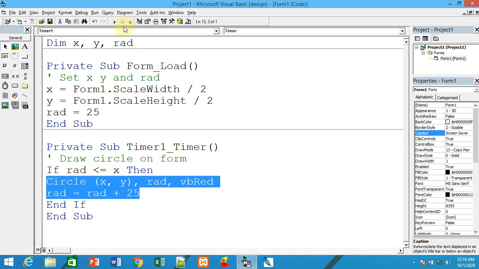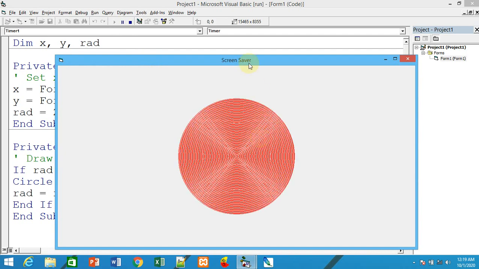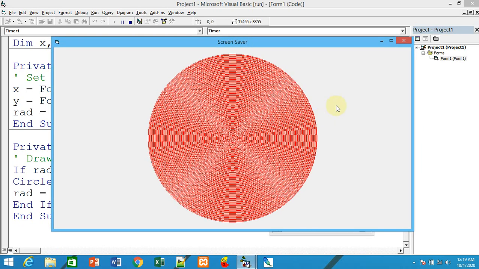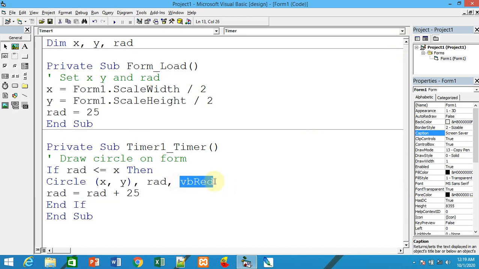Second thing is, if you run it, the circle will be displayed with only one color, red color. If you want to make it random, as we have seen yesterday, we have to use QBColor, and in the bracket use the random function into 15.